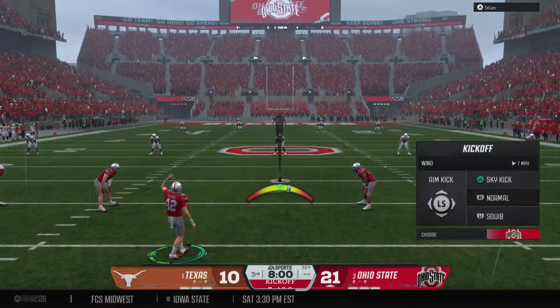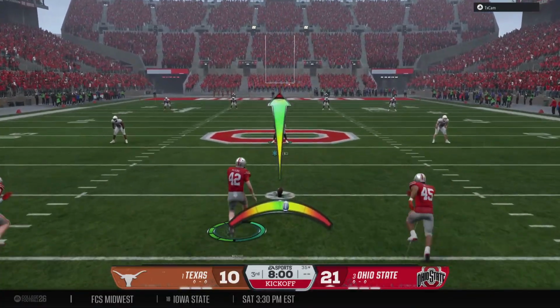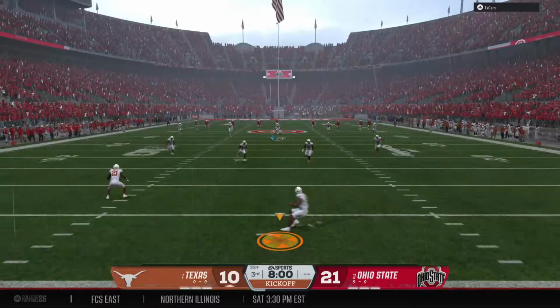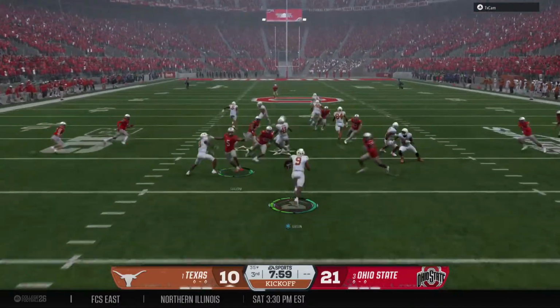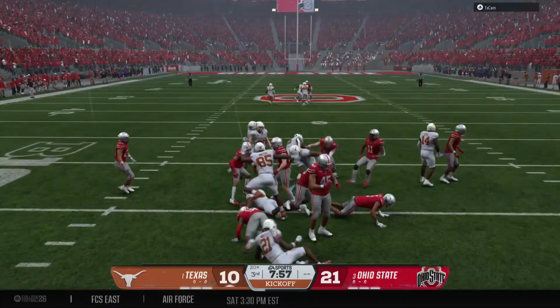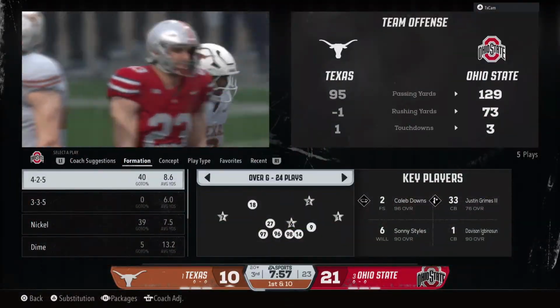The Buckeyes will kick this away to get the second half going. He's going to return it from near the goal line. And he's stopped at the 20. Tried to make something happen, but that's good coverage there.